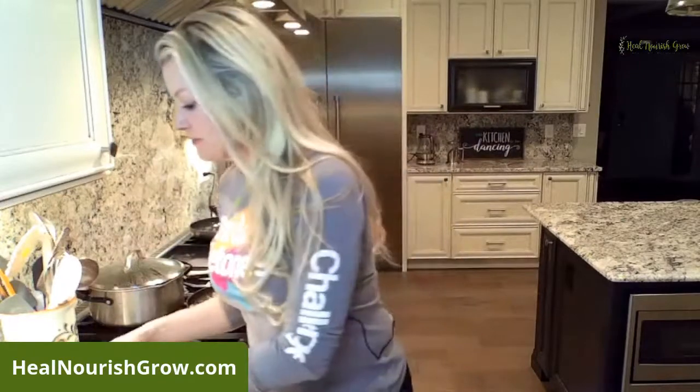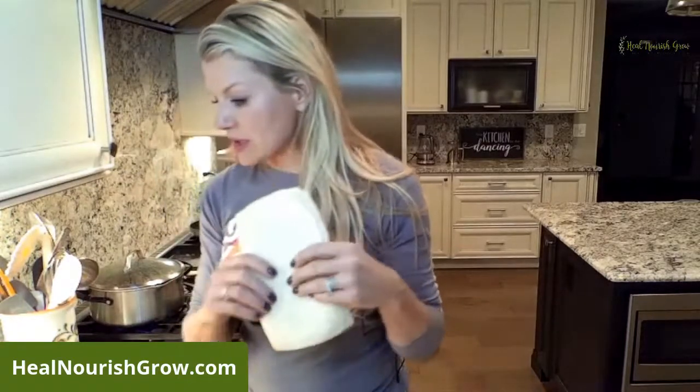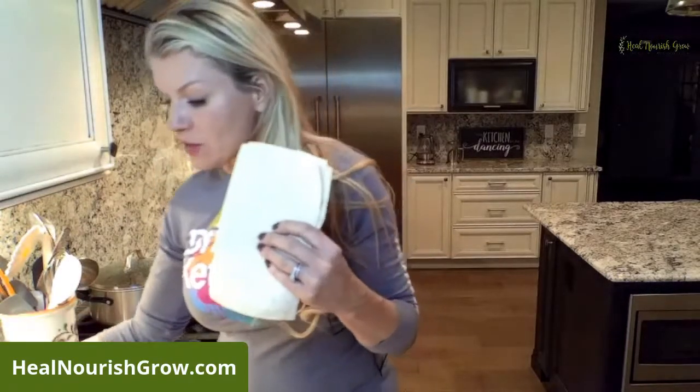Okay, the last thing. I've got all my yummy sides here going on, and now this is the fun part. If you were here a little before, you saw this, and I commented that if you're sensitive to wheat, Cut the Carb wraps do have real wheat in them, because they're more like a thin, very traditional tortilla than a true low carb thing. It's got wheat in it, not almond flour or anything. But if you're not sensitive,